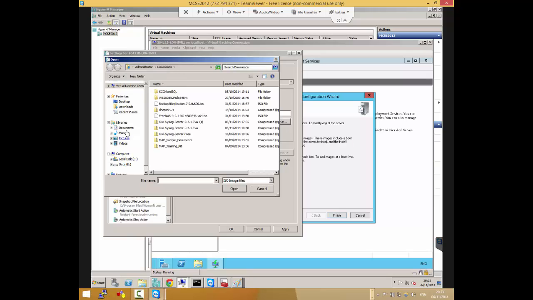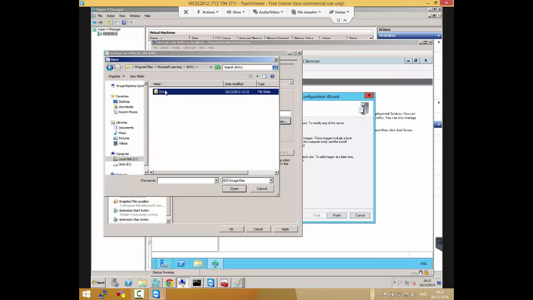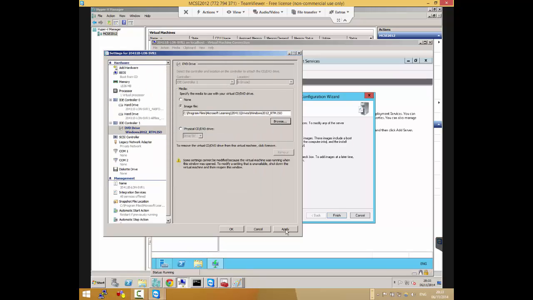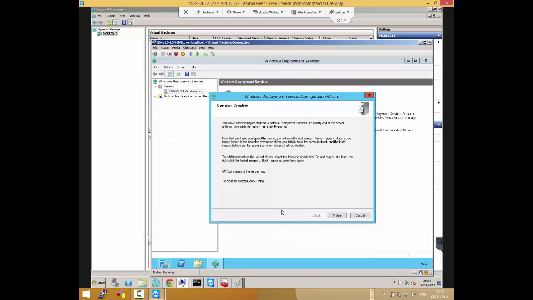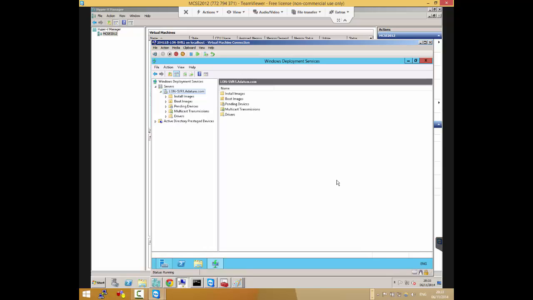Let's go for C drive, Program Files, Microsoft Learning, 2411 drives. Yep, there we go. Apply. Now it asks whether we want to add images to the server. No, so we can click finish. Now we've installed WDS and configured it, and everything is ready.